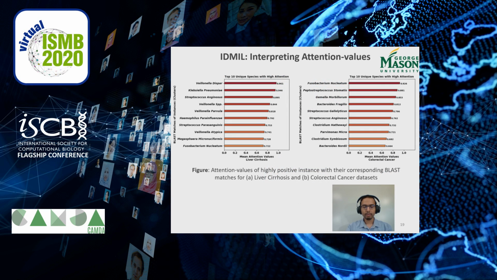So this is a way to interpret the result from IDMIL. We went back to the original raw sequences and we found all those clusters of raw sequences that are getting higher attention values. On the left hand side, we have this graph of identified microbes from blood sources with their corresponding attention values. We have that graph for liver cirrhosis data, and on the right hand side, we have the graph for the colorectal cancer dataset. And we have found that some of those renowned pathogens and microbes, which are found to be correlated to the disease by current microbial studies, have also been identified by IDMIL with higher attention values.